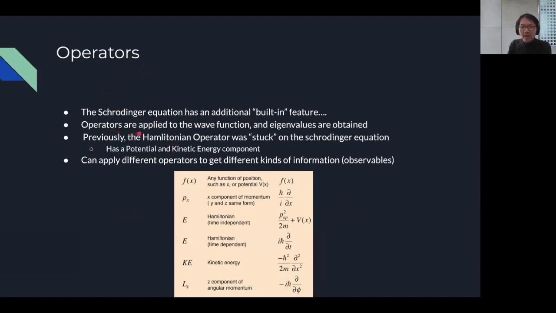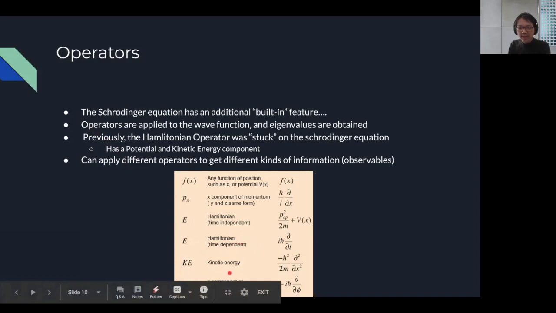The operators are applied to a wave function, and you obtain these eigenvalues, which are individual values. When you apply an operator to a function, you do that to extract information from the wave function, like what is the spin or the Hamiltonian or the kinetic energy. And when I say apply, it's